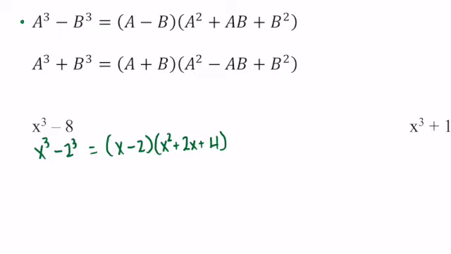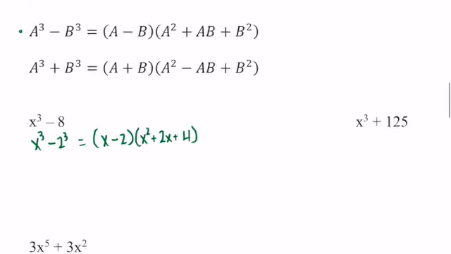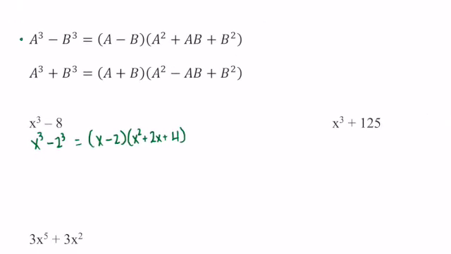To look at a sum of cubes factoring, if we have x cubed plus 125, 125 is 5 to the third. So here we have x to the third plus 5 to the third. Using our sum of cubes formula here, we can see that this would be x plus 5 times, and then